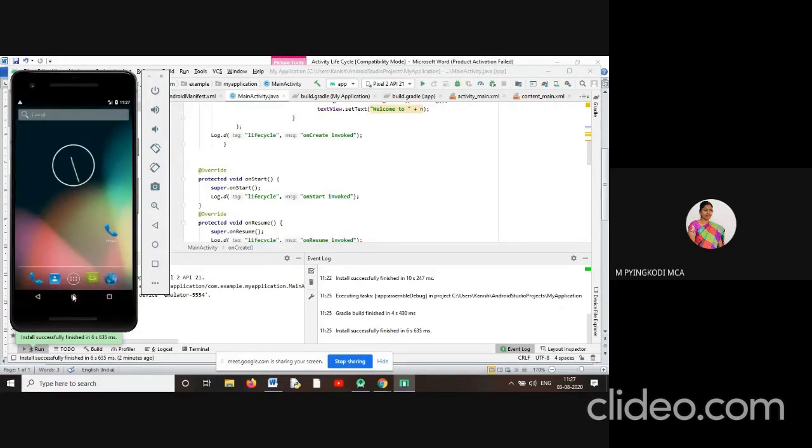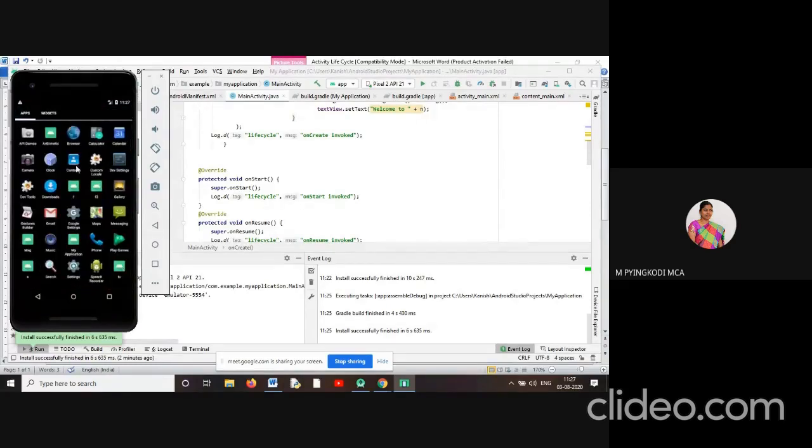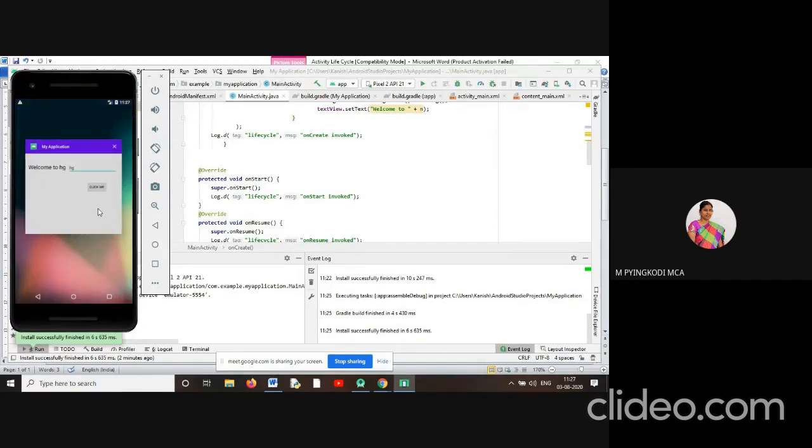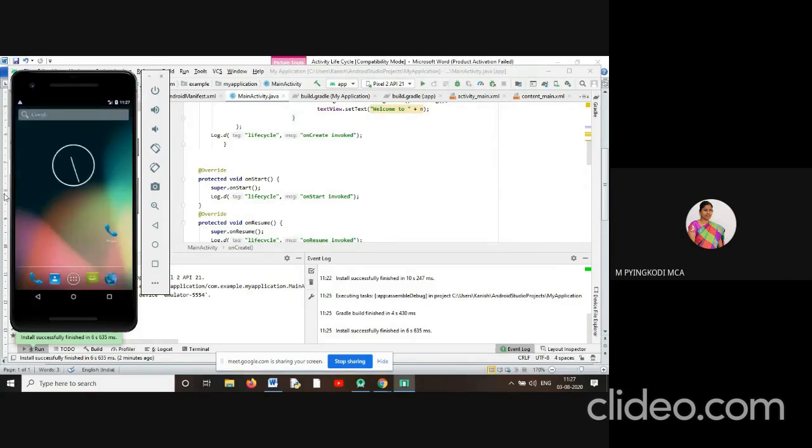So this is the onStop method. We are forcefully stopping the running Android application in our Android device. Here also we have a cross button, or else we can use this button to stop our Android activity.